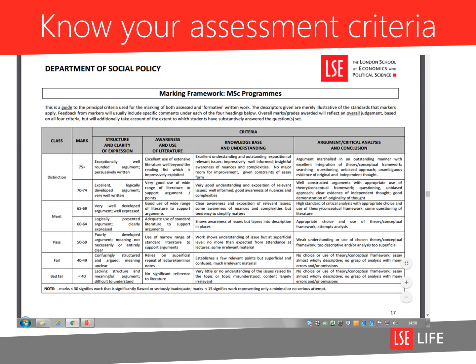Let's have a look now at assessment criteria. It's very important that you look at the assessment criteria that your department have provided, just to give you an idea of what's expected at various grade levels to help you write the essay that you've been assigned and to help you get the grade that you want to get. So this is just an example from the Department of Social Policy. This is for the MSc programs. So the pass mark is at 50%, and you will see at the bare pass level,